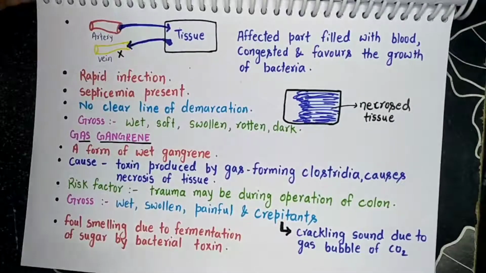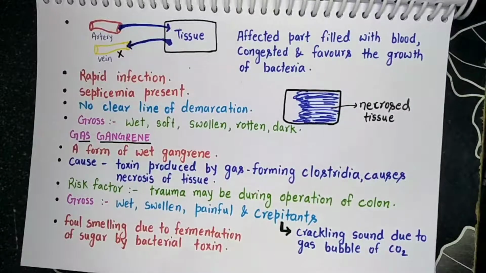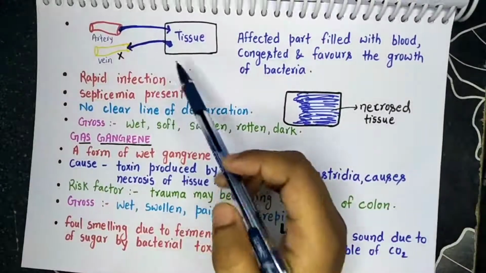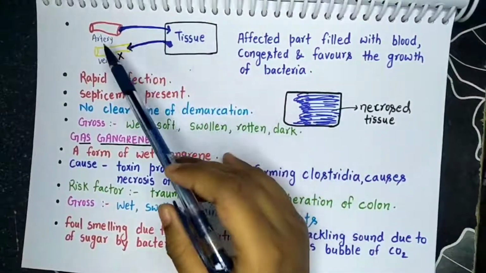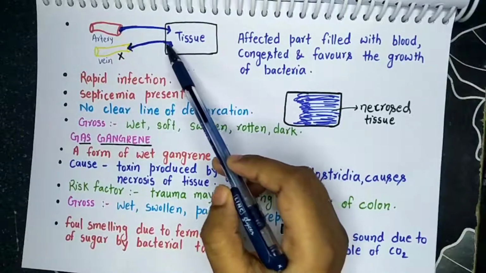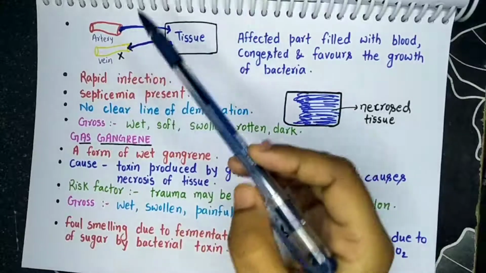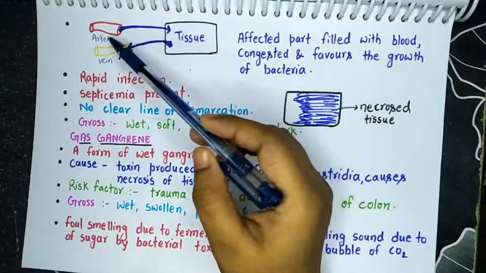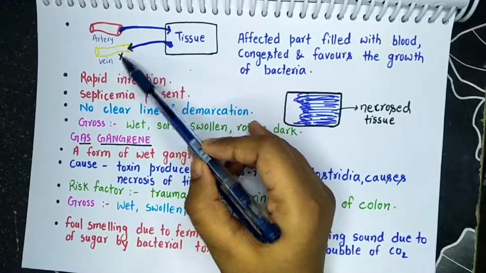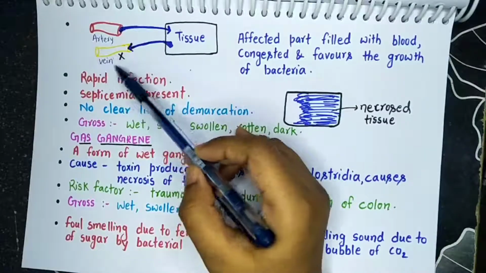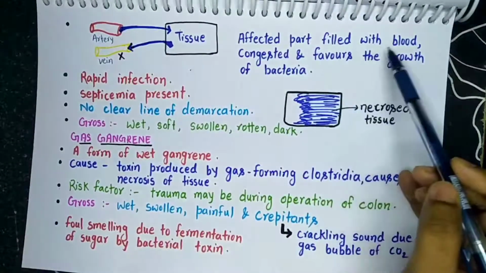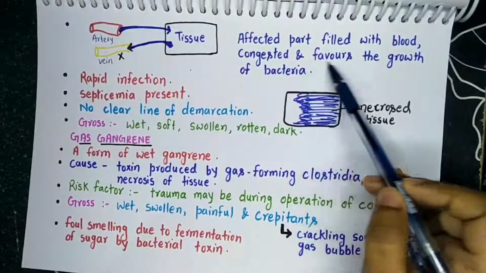Now next, what happens in case of wet gangrene? What is the mechanism of formation of wet gangrene? We all know that normally arteries take blood to the tissues, and from the tissue blood is taken out by veins. In case of dry gangrene, arteries get blocked, but in case of wet gangrene, veins get blocked. So due to blockage of the vein, the affected part of the tissue gets filled with blood, congested, and favors the growth of bacteria,